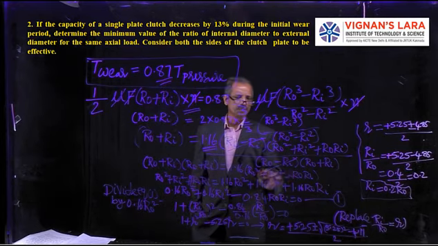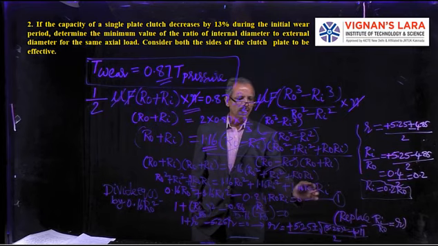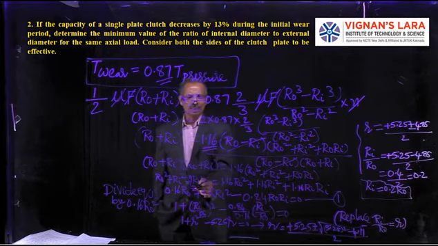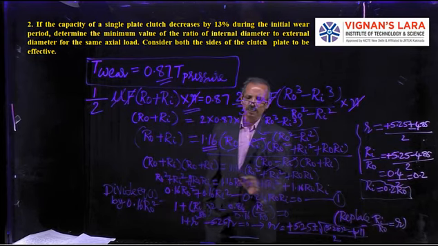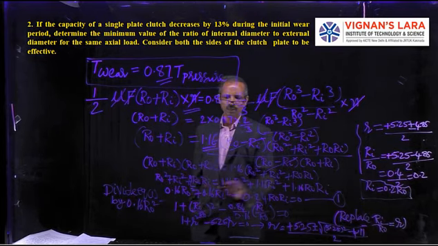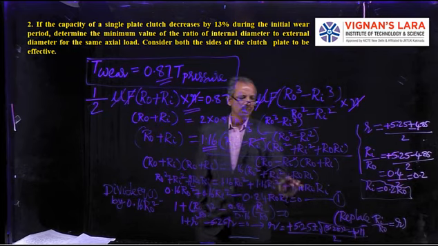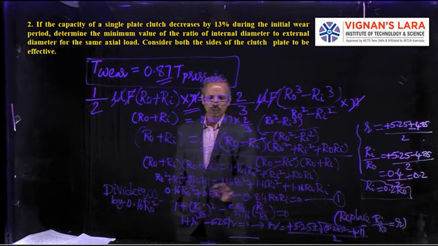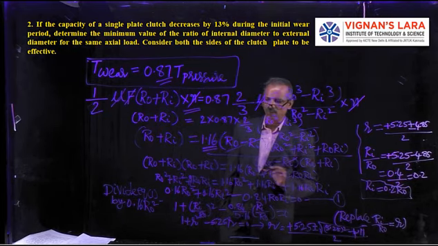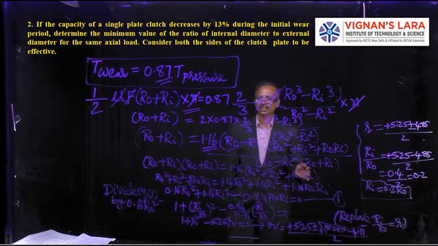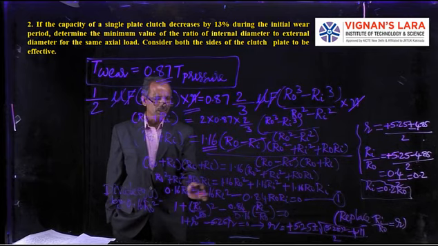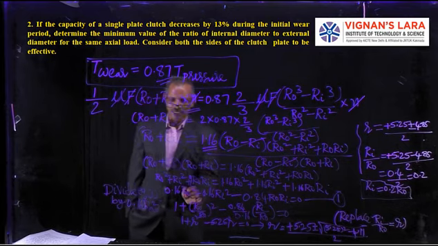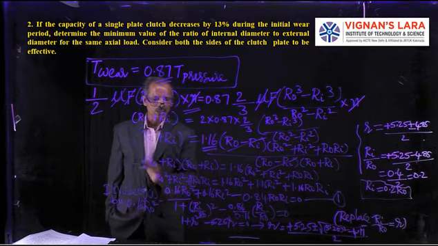So I have expanded the right hand side also, and I have taken all the terms on one side. So these terms have been taken on the right side. So 1.16 minus 1, 1.16 minus 1, then 1.16 minus 2, then I get equation number 1. For simplicity, I made some mathematical jugglery. What is that? I divided the entire equation by 1.16 R naught square.